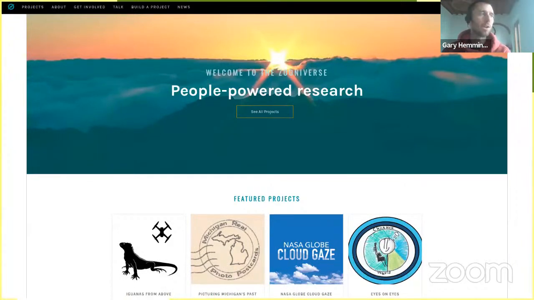So once we had our collaboration, we established 4 demonstrator projects, citizen science demonstrator projects on the Zooniverse platform, which is a world-leading platform in the field of online citizen science, has more than 1 million users, has a wealth of experience and background for us to draw on.